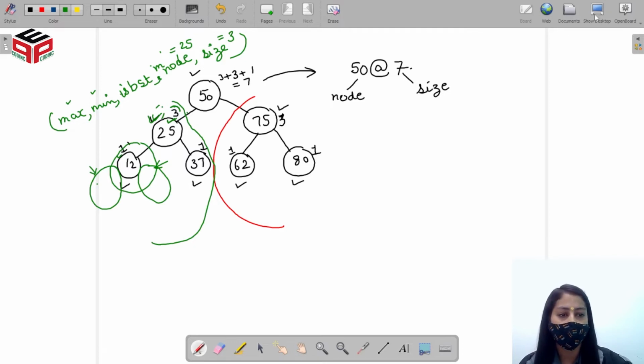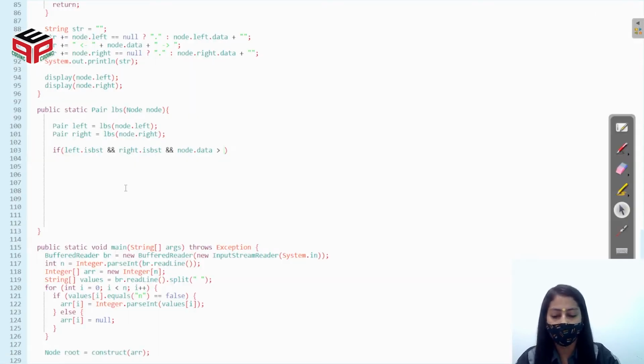So it will check if node dot data is greater than left dot max. Left dot max is going to represent the maximum value of the left subtree. Next, the node will check if I am smaller than the minimum value of the right subtree, right? Smaller or equal to.